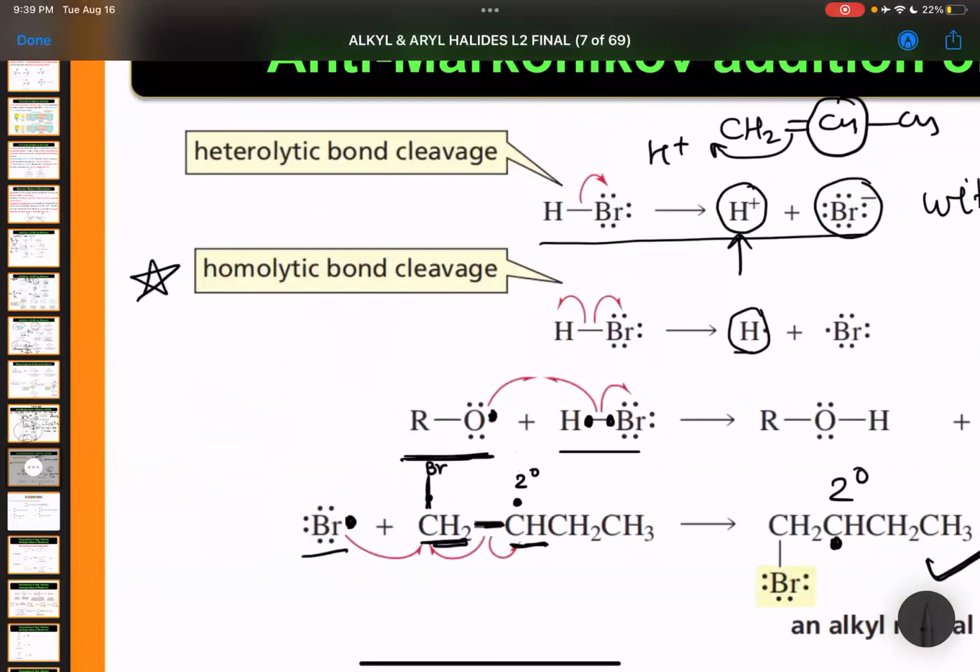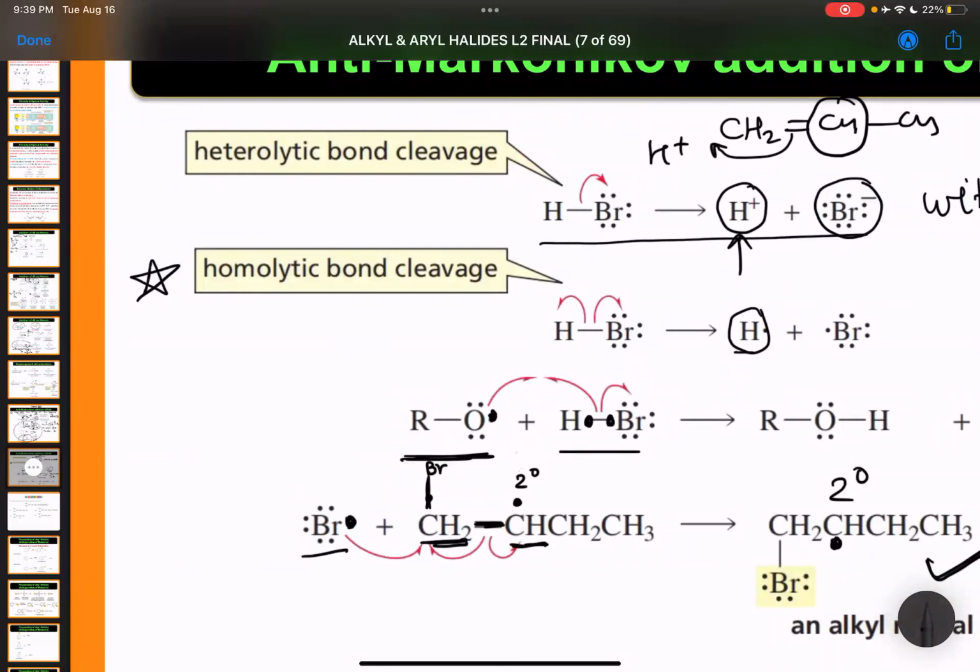Sir, but CH2's radical can't go by taking up a hydrogen? No, this radical is more stable, because it is secondary. Overall we are doing anti-Markovnikov addition, but we need to understand why it is anti-Markovnikov